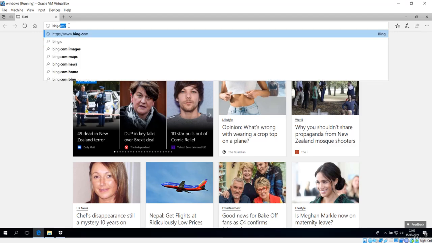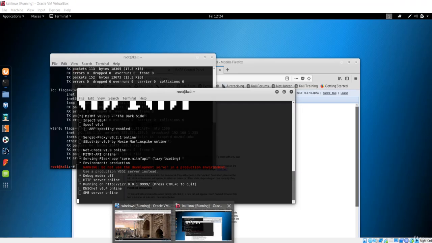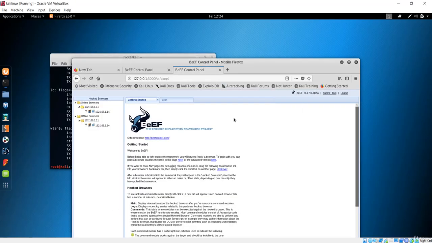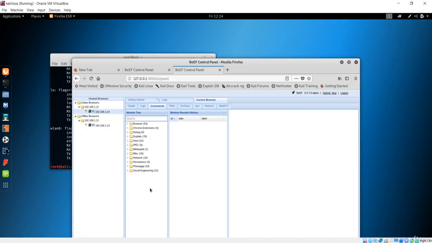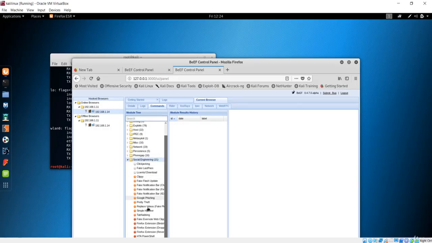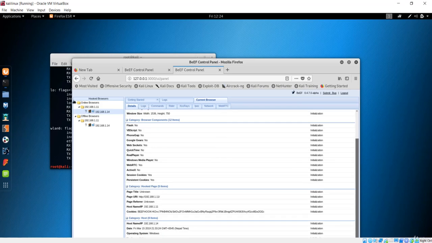Let me say bing.com. I'll just open this bing.com, and let's go back to the Kali Linux, and let's see. So we have now this again the browser, and you could clearly see now this is the host, and we got back access to the same machine. Now you can again run the same command like the social engineering command, and you could see now we have this complete browser access.